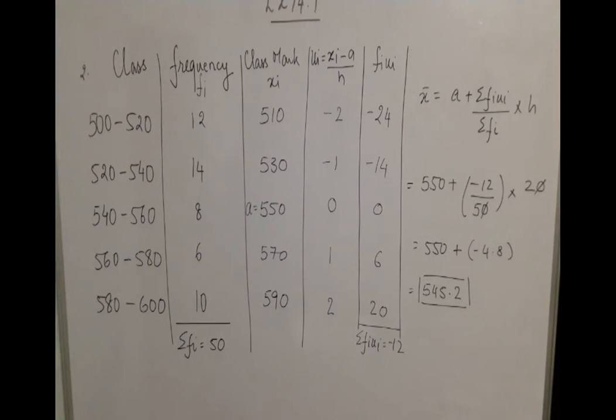Now you can choose an appropriate method. The book has not mentioned which method you need to select, so you can select whichever method you find suitable. I have done the sum for you by both the methods, and you will choose whichever method you think is easy for you.